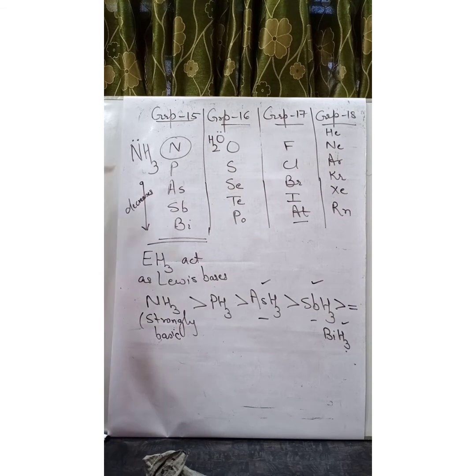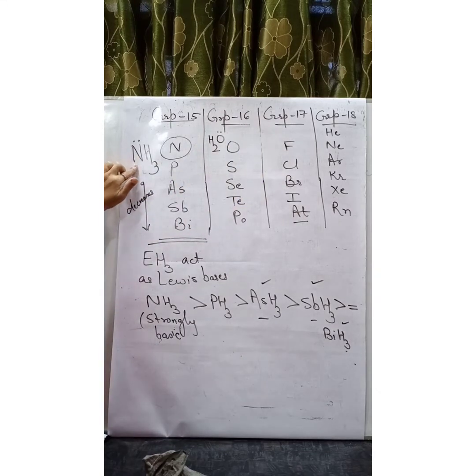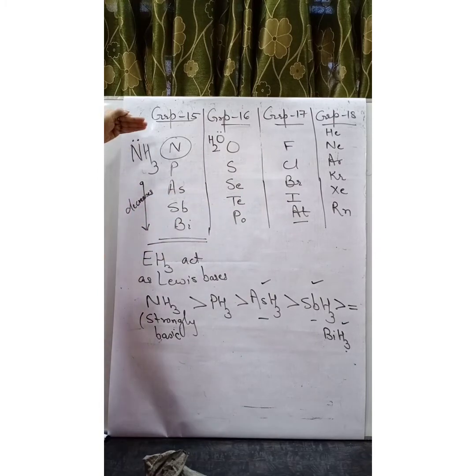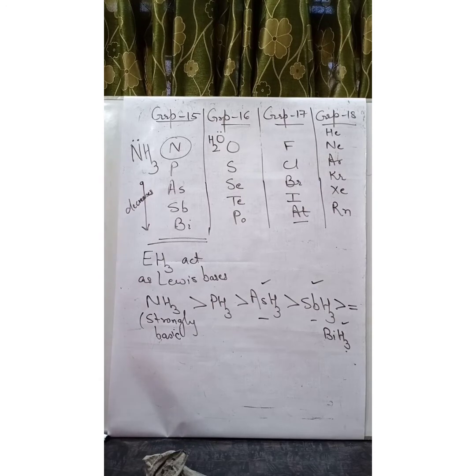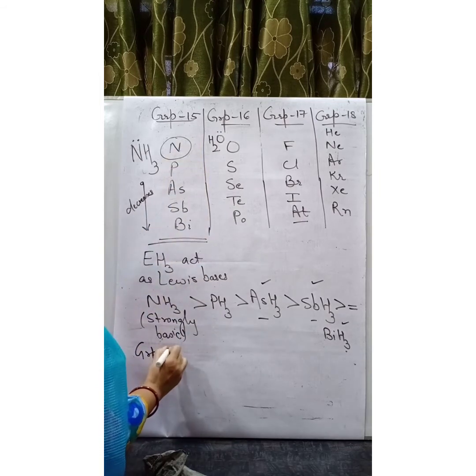So we can say, as we move from left to right in a period, the basic nature changes into acidic character. As we move from top to bottom, due to increase in atomic size, the basic character, the tendency to donate lone pair, goes on decreasing as the atomic size increases. In case of group number 16, we can say group 16,